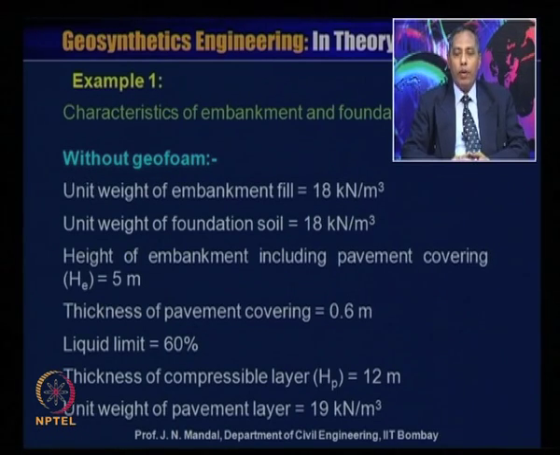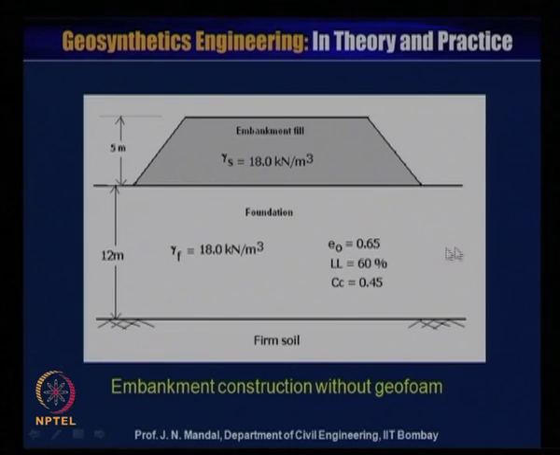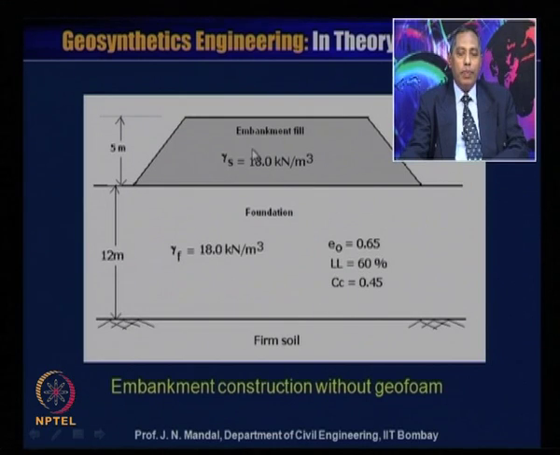Thickness of compressible layer, that is Hp, is equal to 12 meter, and unit weight of pavement layer is equal to 19 kilonewton per meter cube. So, this is the embankment construction without the geofoam. This is the embankment fill whose density is given 18 kilonewton per meter cube, and this is the foundation soil, and this unit weight of foundation is 18 kilonewton per meter cube, and void ratio e0 is 0.65, liquid limit 60%,